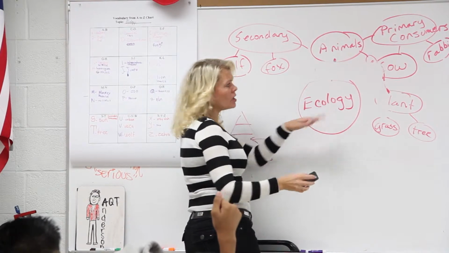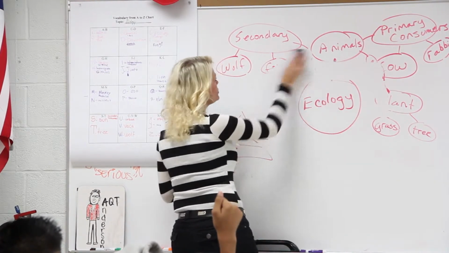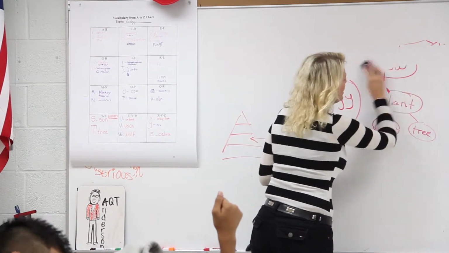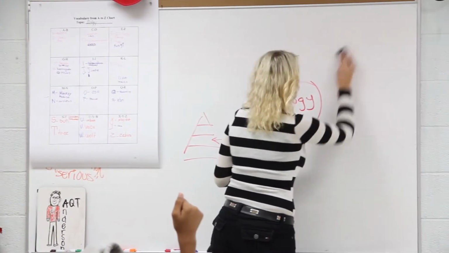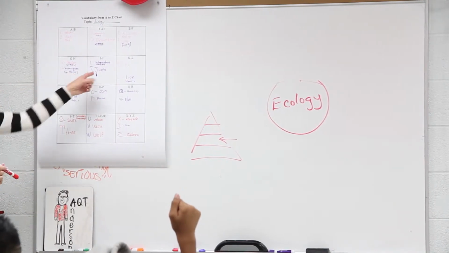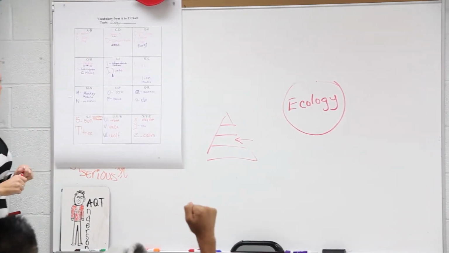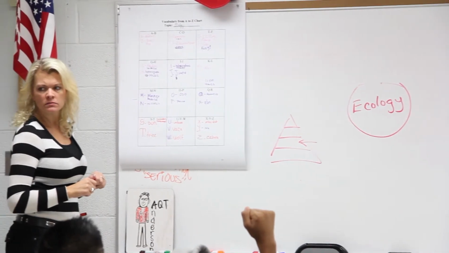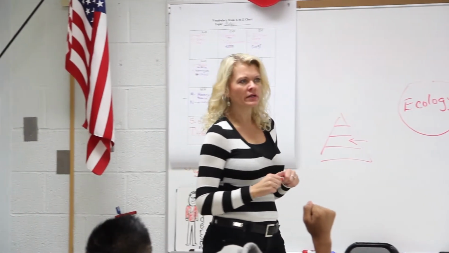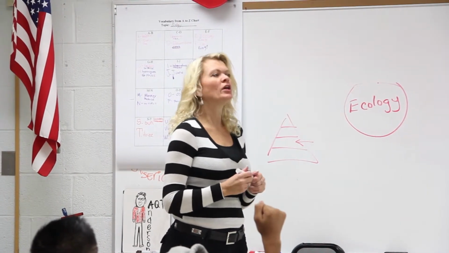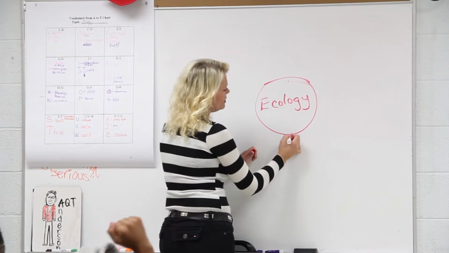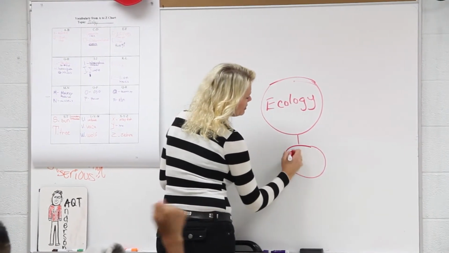I want you all to start with our main idea, which is what we're studying, and it's going to be ecology. Okay, let's try to do some different things on here. We have independent variable. Okay? Is that something we measure, or is that something that we control in an experiment? We control it in the experiment, okay? So I'm going to just go down here and say,